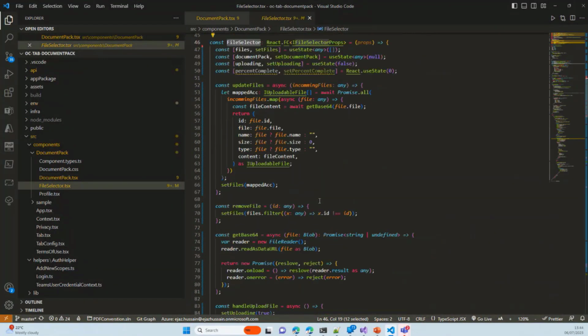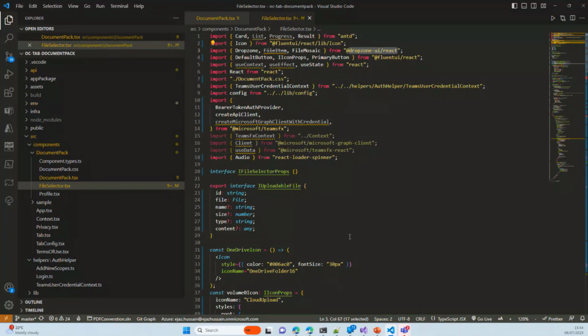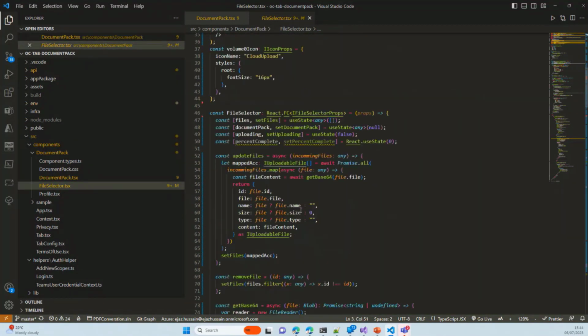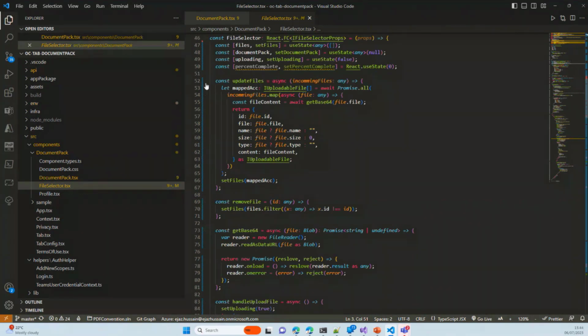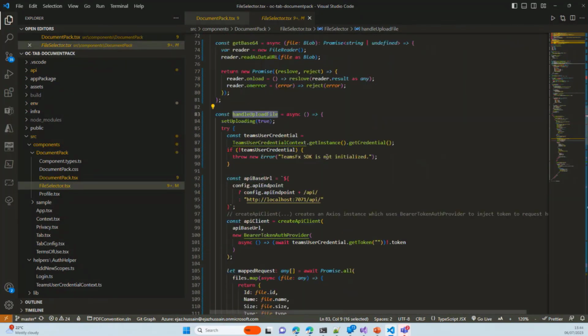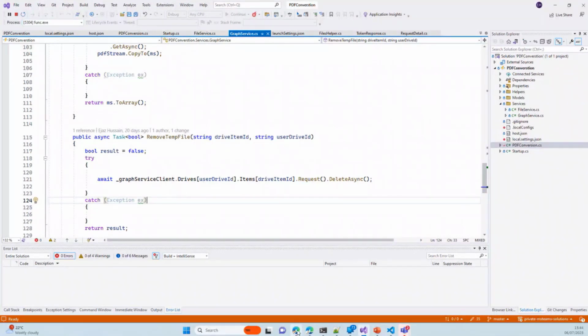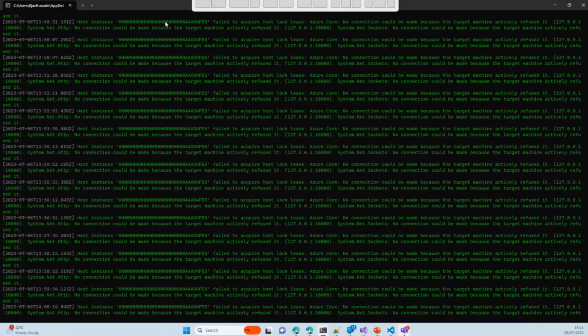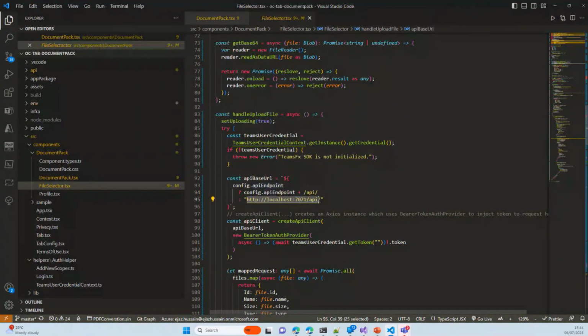Here I'm using the Dropzone React UI package for uploading the file, for the file uploader. Once we upload the file, every time I'm getting the file content via this method, and when I click upload, this is where the magic happens, where I know the API base URL. At the moment, if you see, I've deployed my Teams tab to Azure, so it's basically in Azure. But my function I'm still running locally. You could see I've hit the debugger here, and my debugger is working behind the scenes. I haven't deployed to Azure, so that's why you could see the local path pointing to my Azure